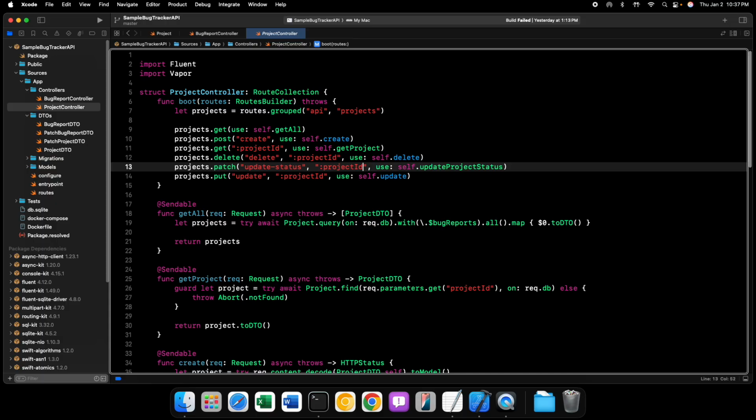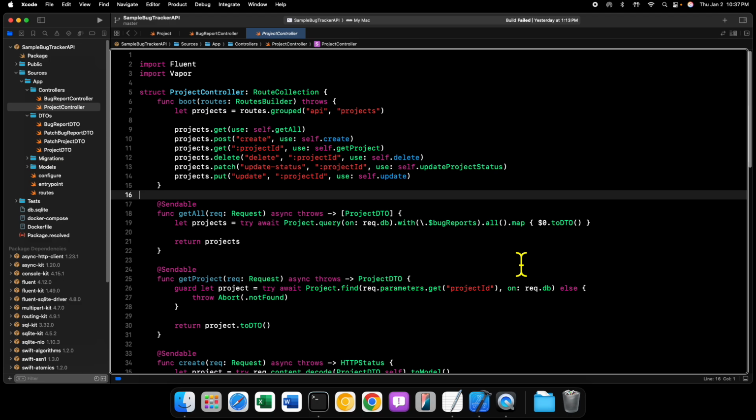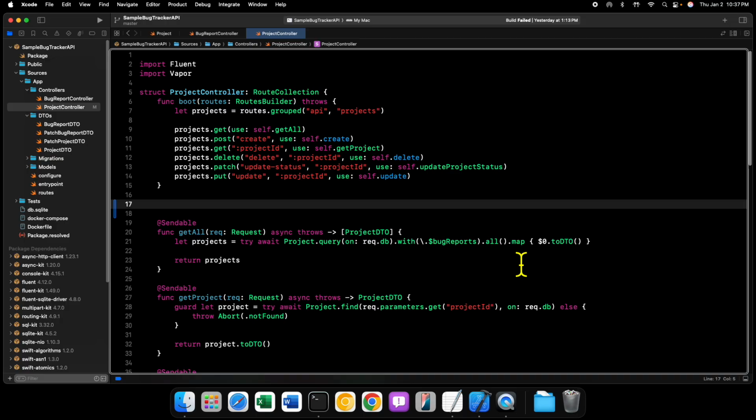And then we want to give it the project ID. So let's go to a blank line here and create a comment. For our put endpoint, or rather our patch endpoint, I should say, our URL, our endpoint, will look something like this: